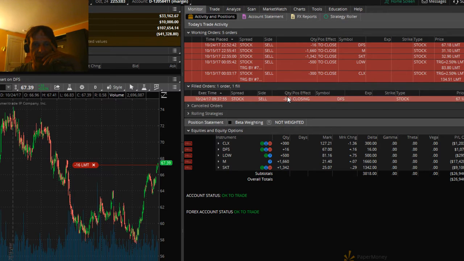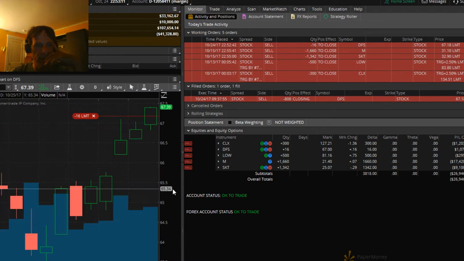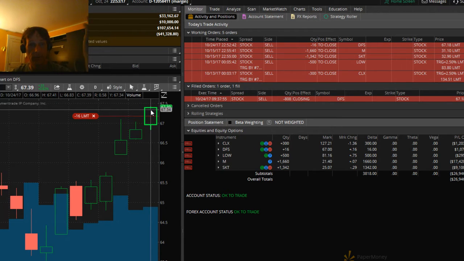Yeah, see, DFS is right here, and we sold it at 67.18, and she seemed to have hit a high today at 67.41. Now we held on to this one for quite a while, but we finally got rid of it now, so we should be able to get rid of this tomorrow morning, DFS, if she opens up close to where she is now. All right, let's take a look at the other ones.